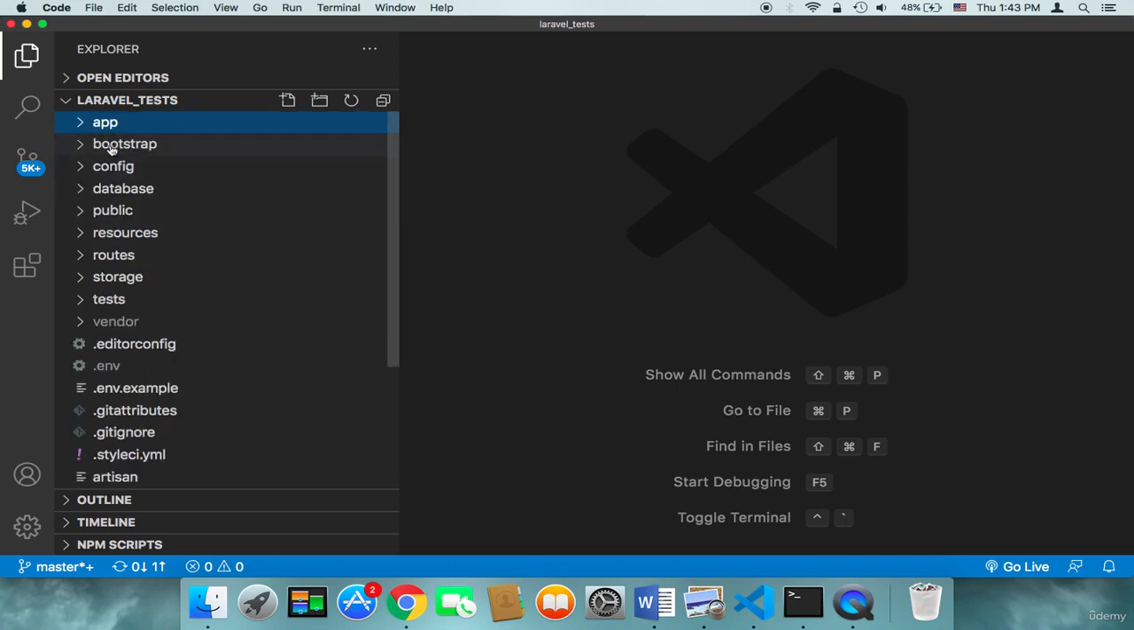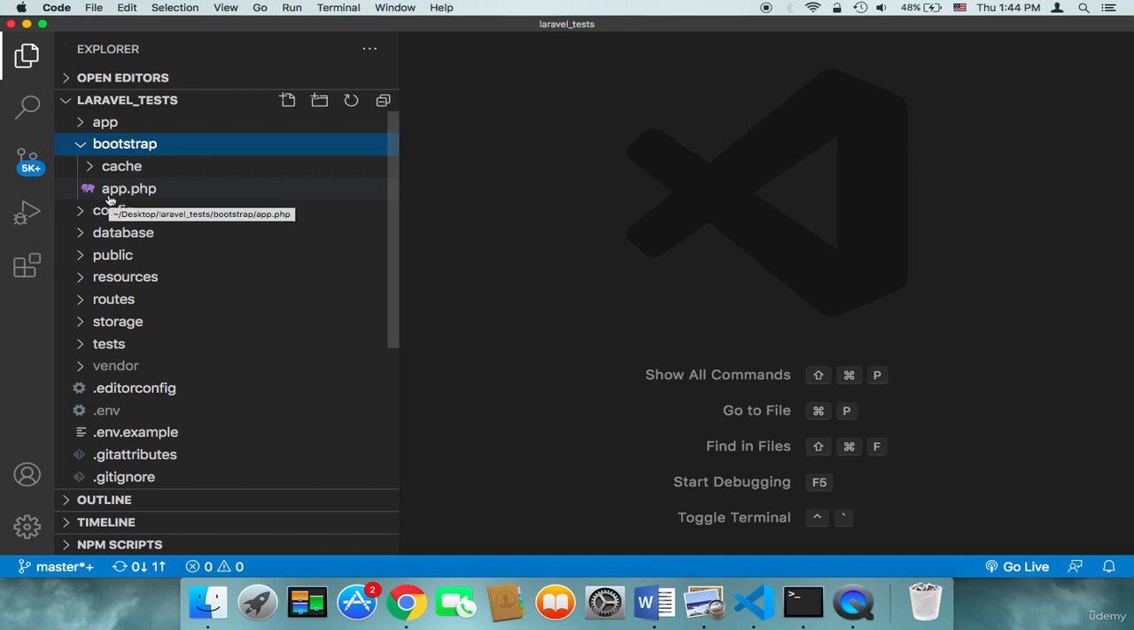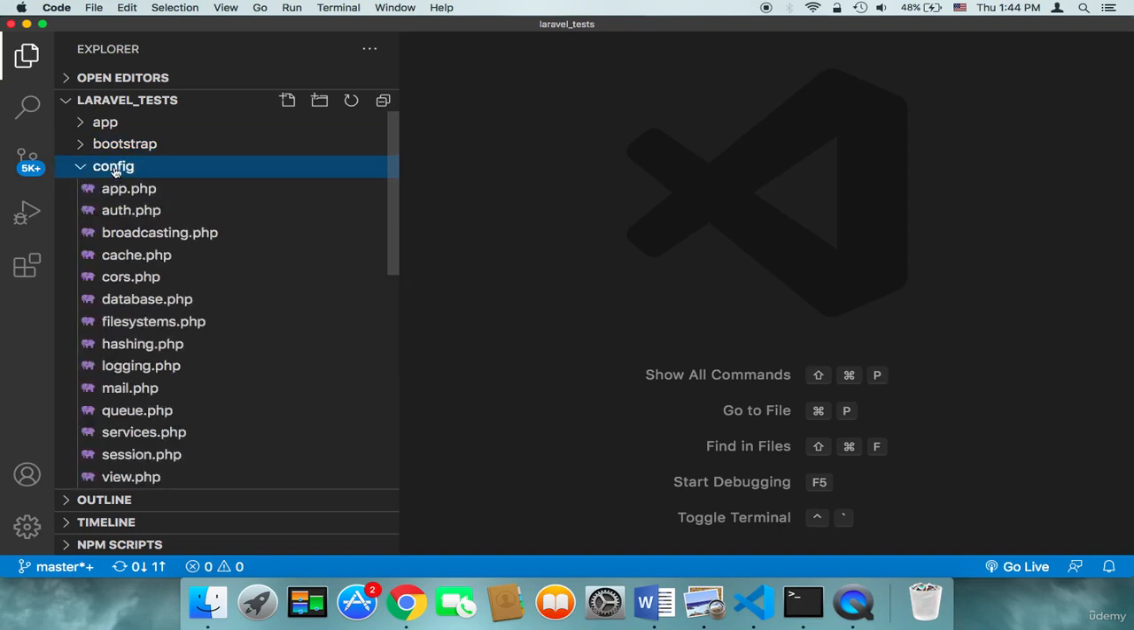Then we have the bootstrap. The bootstrap, in short, is the folder that is required to initiate your project. So once somebody goes to your project, this bootstrap is going to start the process of showing the user your web application. We have also the configuration, the config folder, which contains configurations such as the database, the file systems, the